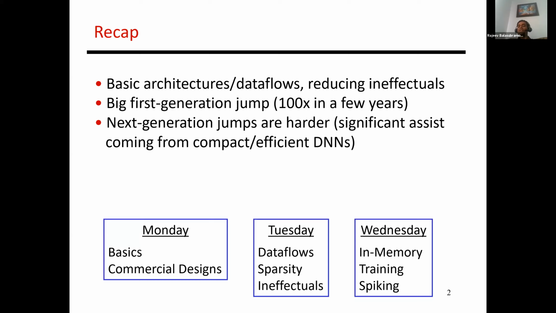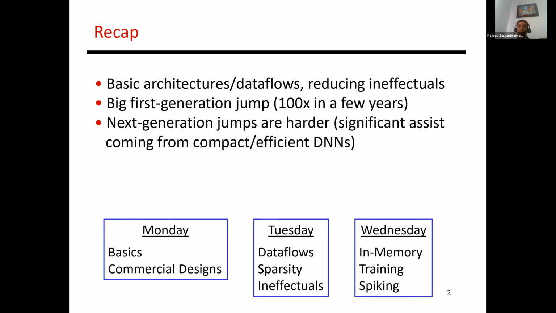Then we looked at other potential opportunities, and I said that one of the main opportunities is the fact that there is a lot of ineffectual computation happening in a deep network. Can we identify that and somehow avoid the time and energy that we spend processing those ineffectual computations? So we looked at sparsity, which is a special case where if a value is entirely 0,